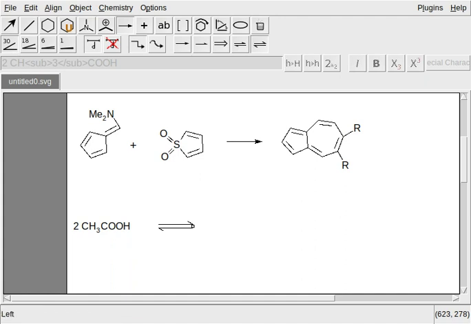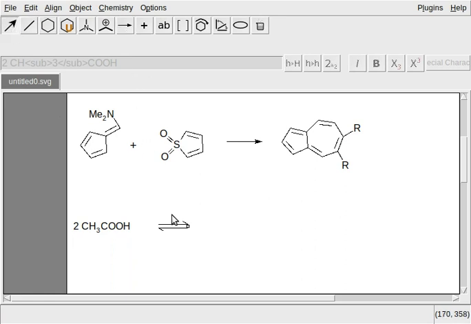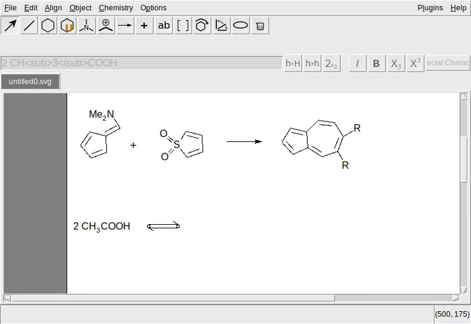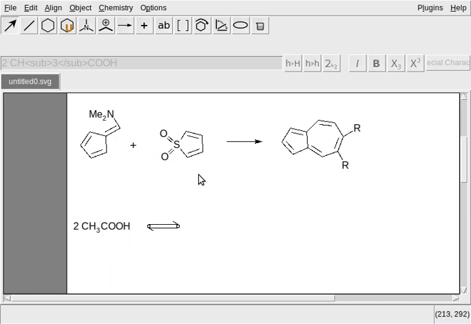It looks too long. Actually, it remains long because something might have to be written on it. On the product side, we need to have this acetic acid dimer.